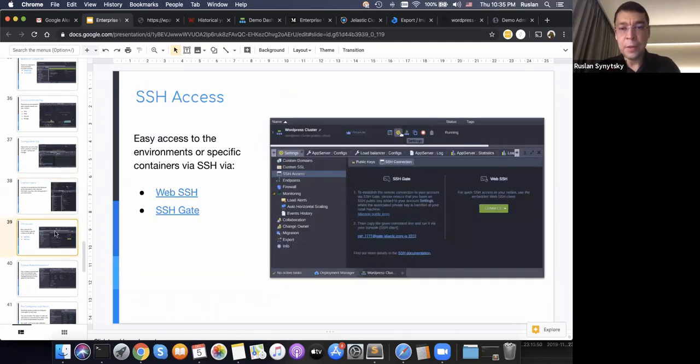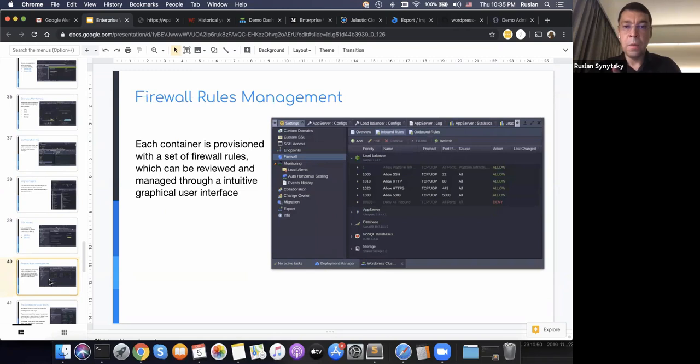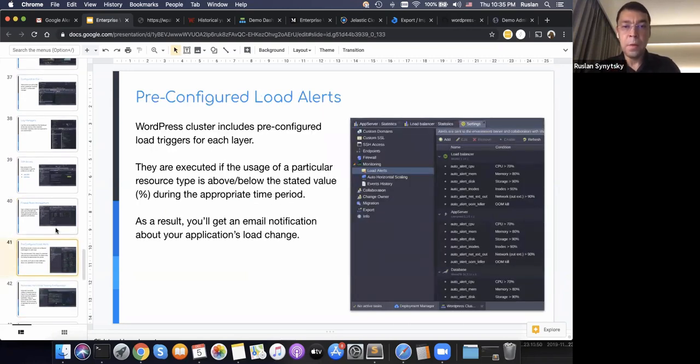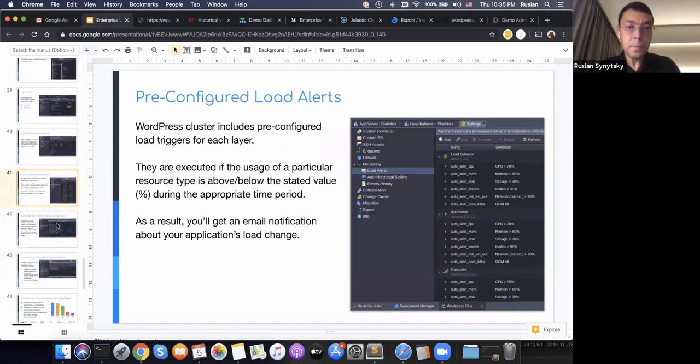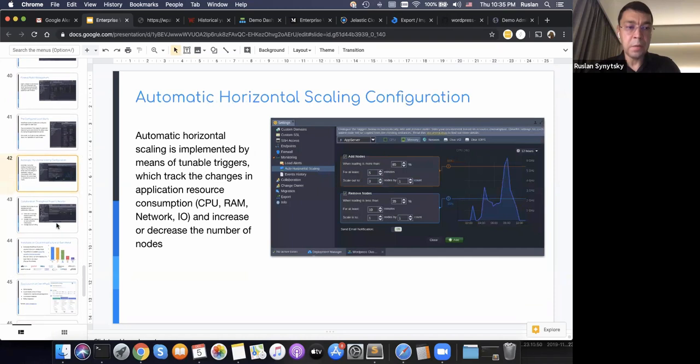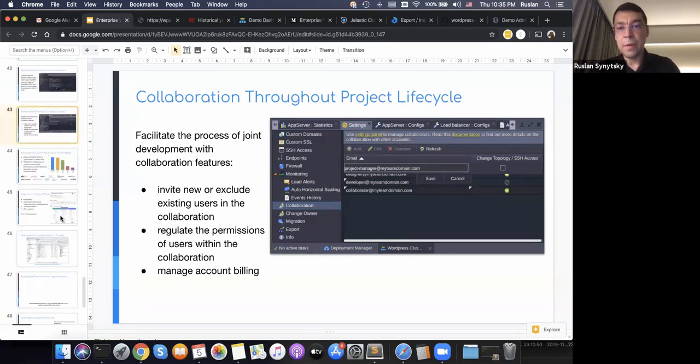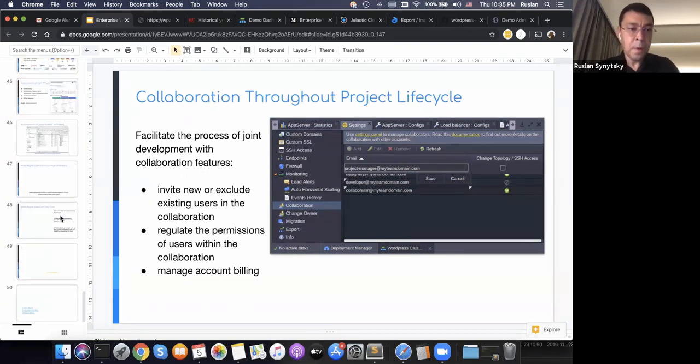You can even get SSH access and change firewall rules if you need. And you can pre-configure load alerts just in case something happens, and adjust horizontal scaling. And of course, collaborate with your team. All this is available in the Jelastic dashboard.